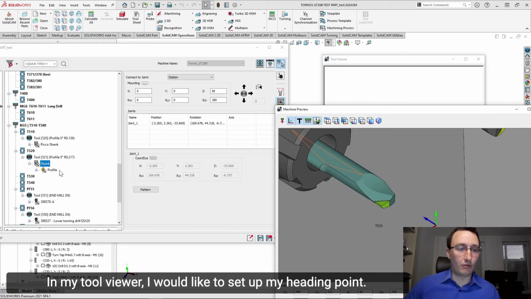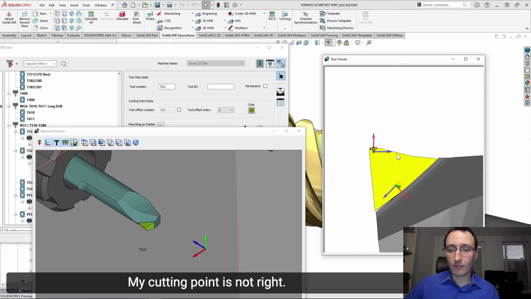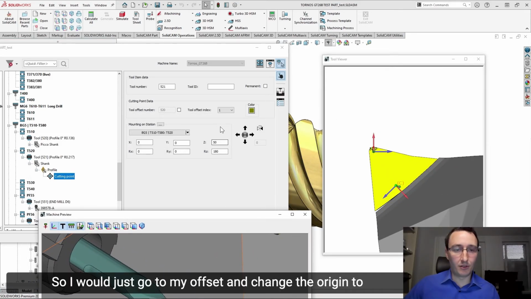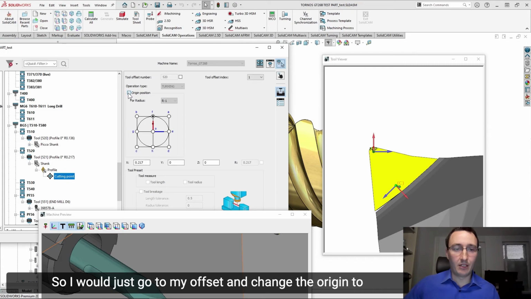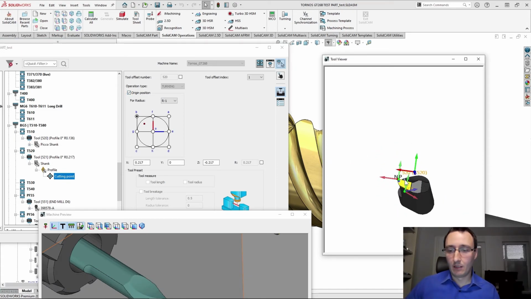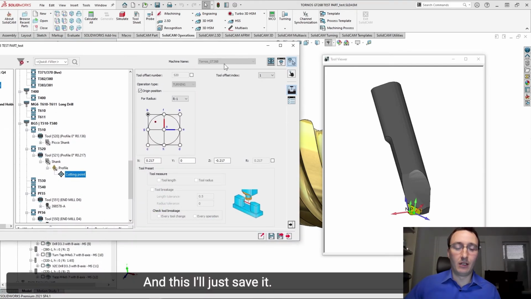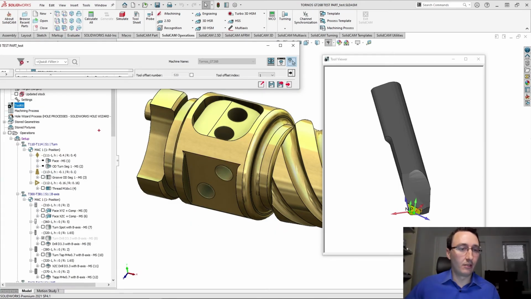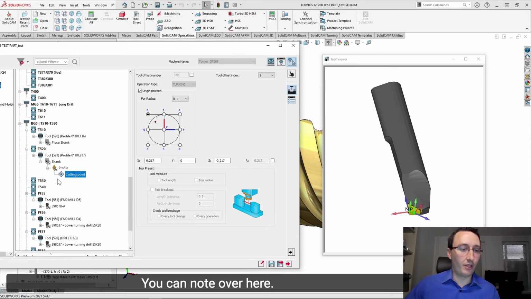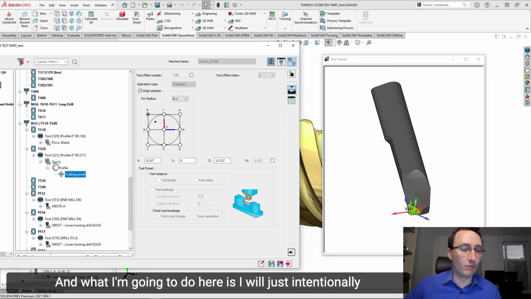In my tool viewer, I would like to set up my cutting point. My cutting point is not right, so I will go to my offset and change the origin to this one. That's basically the last step that you need to do in this. I'll just save it. You can note over here that these actually have the links towards it. And what I'm going to do here is